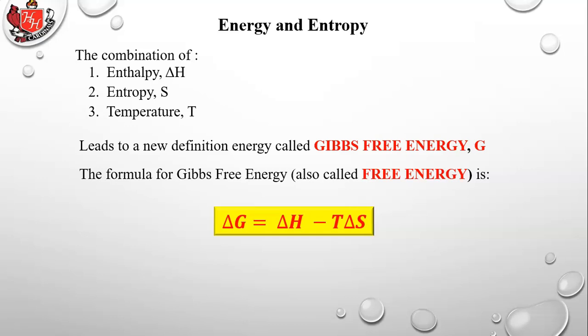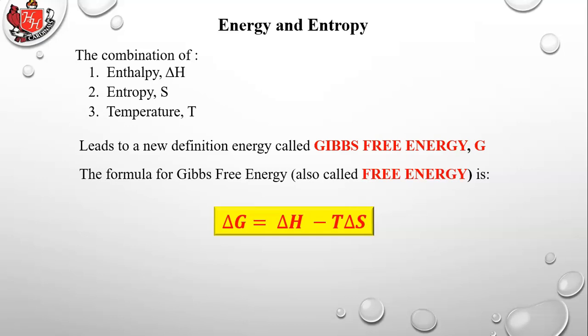We know some of them are endothermic, that heat can actually go into them and raise them to a higher enthalpy level, a higher heat level. So this is the new kind of energy that will explain how that can happen. So when we say energy, we're not simply talking about enthalpy anymore. We're now talking about free energy, which includes enthalpy, entropy, the disorder of the system, and the temperature, which relates the two of them. So which determines whether the ice cube is going to melt or whether it's going to